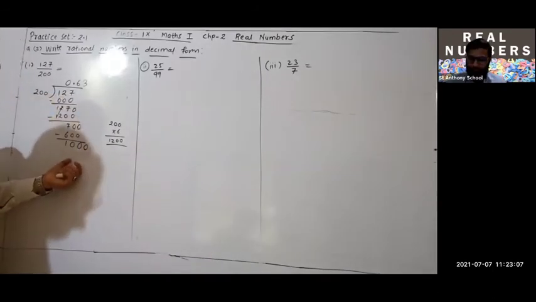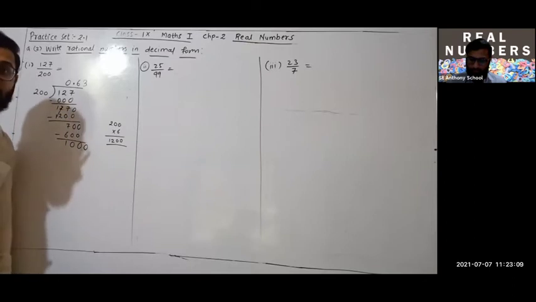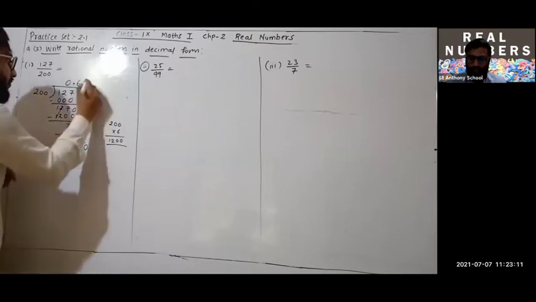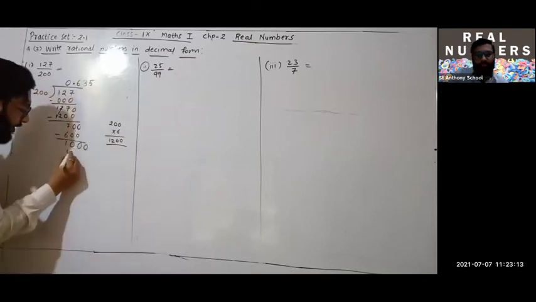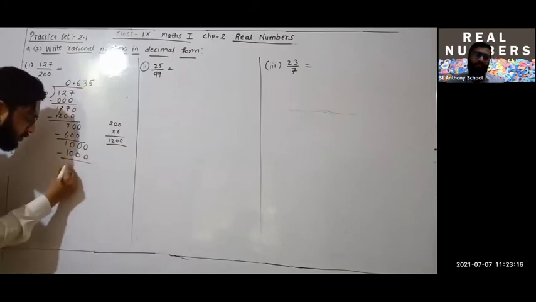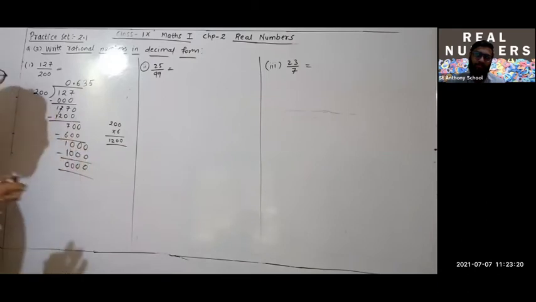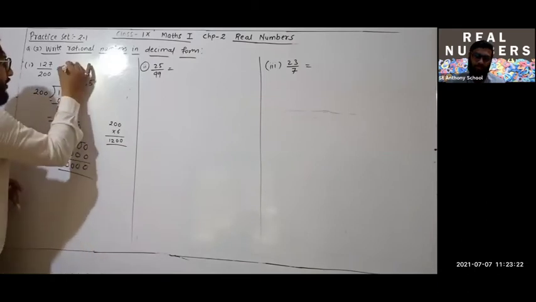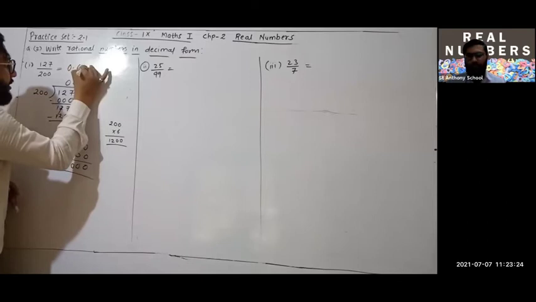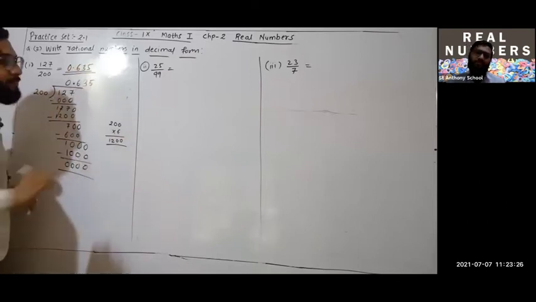क्या 1000 आता है 200 के टेबल में? Yes sir, 200 5, you will get what? 1000. Yes, reached 0 0 0 0. 0 minus 0 is 0, 0 minus 0 is 0, 1 minus 0. So you have the answer 0.635. So you have to write 0.635. This is your final answer.